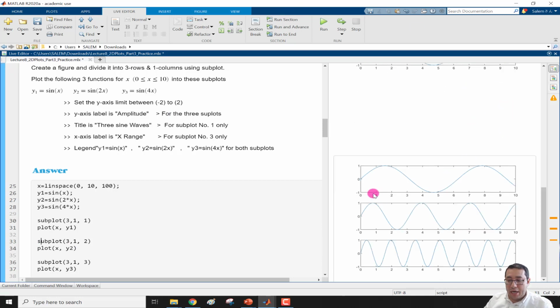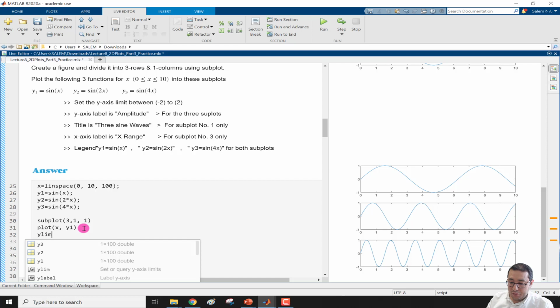And we run now, and we have the first one is sine x, the second one is sine 2x, the third one is sine 4x. Now we draw, and the limit is between -1 to 1, -1 to 1, -1 to 1. If we adjust the y limit,